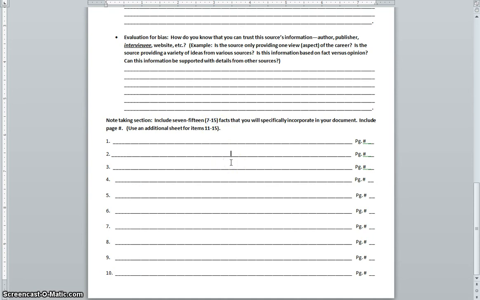It could be a link to a website. It could be secondary sources, like I've said before, like a periodical, a magazine, a journal. They could have given you someone else's information, so you could have a secondary contact person. These are some of the things that we've discussed in class that you should have included and should have been getting information from.